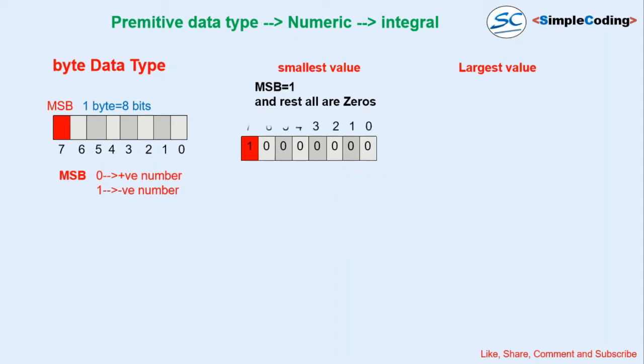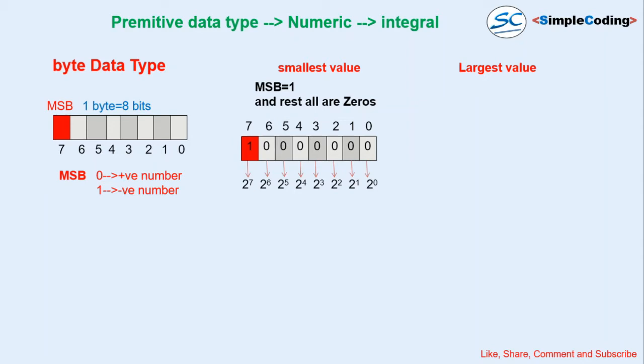The positions are again 0 to 7. Now to represent this in decimal format, we have to follow a formula. Let's see how to calculate it. We have to write the base value. Here we are converting from binary, so the base value is going to be 2. We write 2 raised to a power, and that power is going to be the position. So we will consider 2 raised to 0, 2 raised to 1, 2 raised to 2, up to 2 raised to 7, because in the case of 8 bits we have a maximum of the 7th position, 0 to 7.